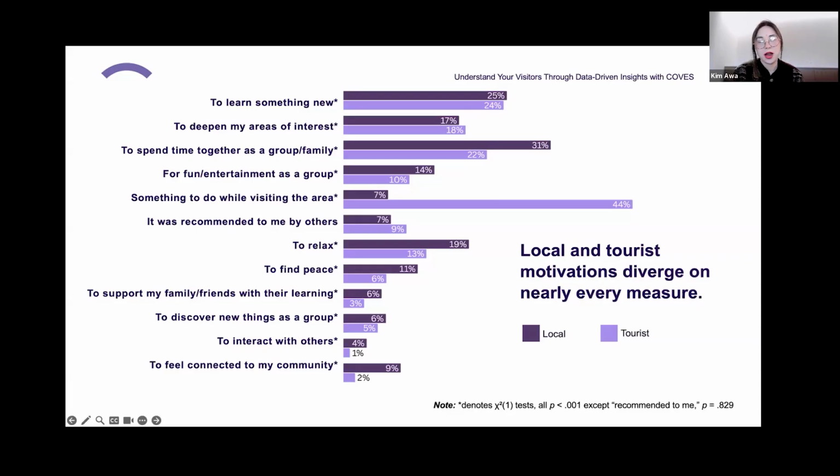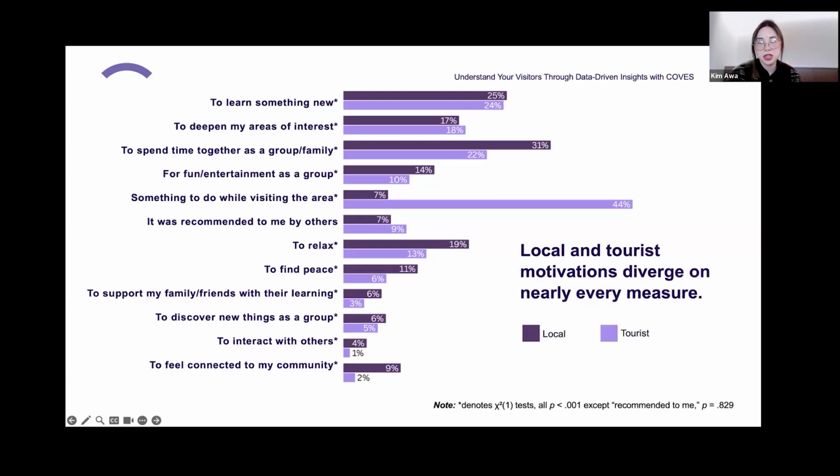And similarly to before, I ran another inferential test just to understand whether these differences are actually meaningful from a statistical standpoint. Because visually, we can see, yes, there are these stark fluctuations between locals and tourists, but is there meaning behind that?